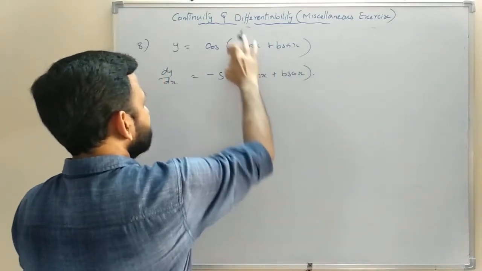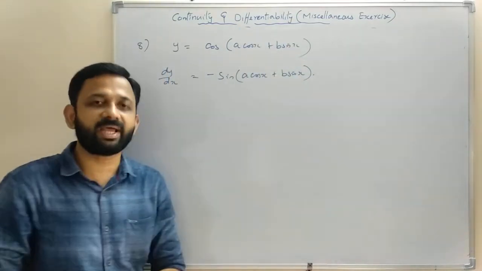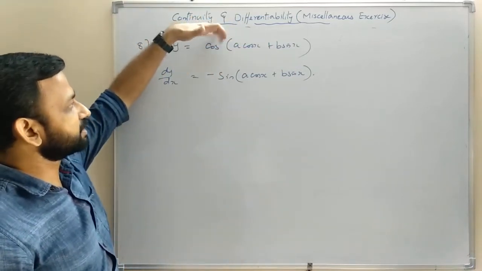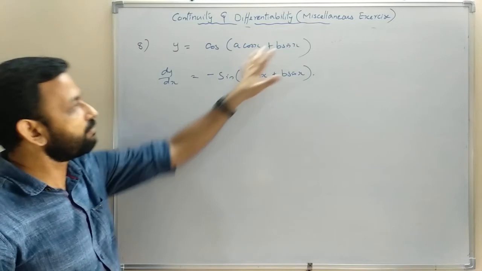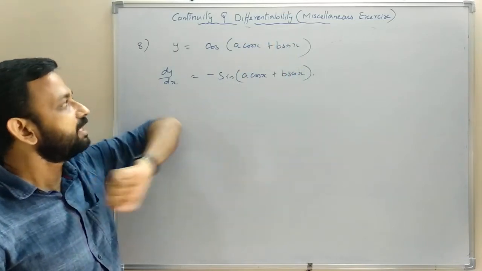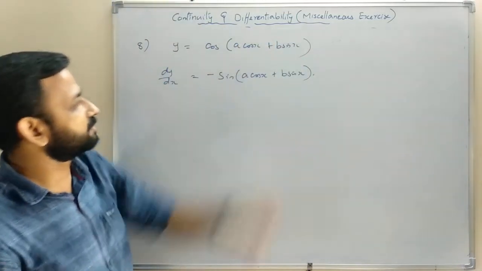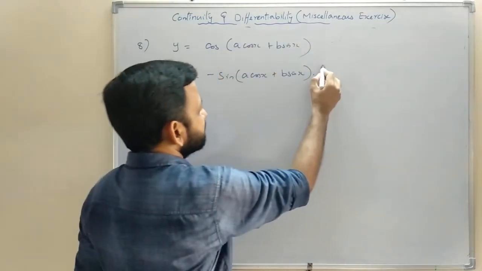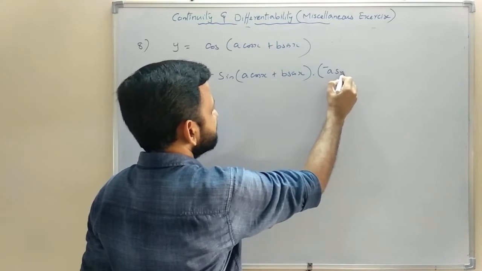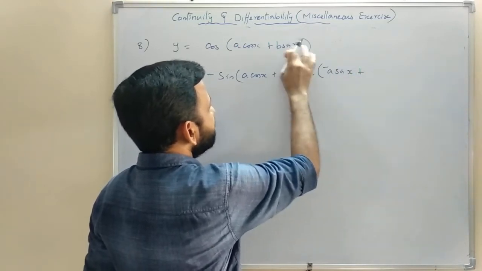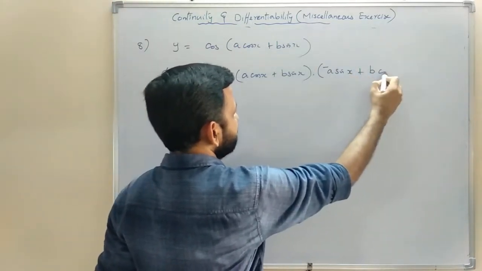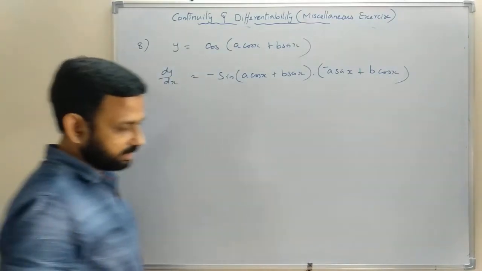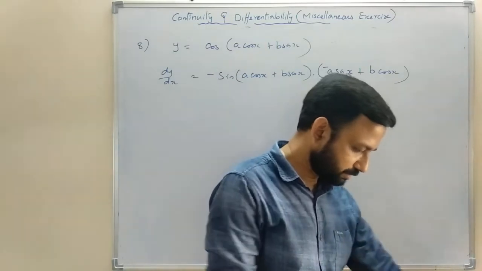Now we are thinking about the expression inside the bracket. That is the chain rule. The first function is the cosine function, the derivative of cos is minus sin of the same expression inside the bracket, then into the derivative of that expression. So the derivative of a cos x is a into the derivative of cos x, minus sin x, that is minus a sin x, plus b into the derivative of sin x, that is cos x, b cos x. So just simplify, then we will get the final answer. So that is that question.